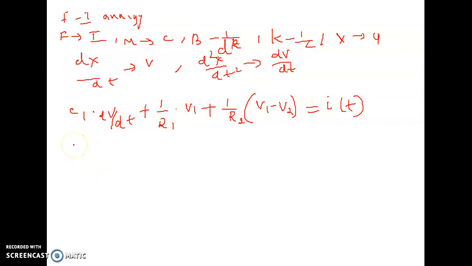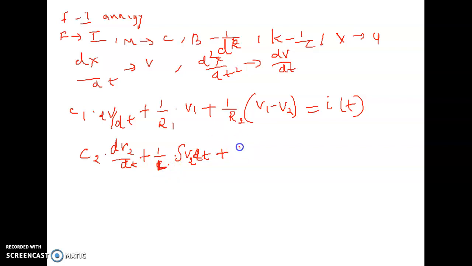Then let us write it for the second expression, that is m2 into d square x2 by dt square, that is m2. m2 is c2 into dv2 by dt, plus we have k into x2. k is here 1 by L. So 1 by L into x. x is nothing but, since dx by dt is analogous to v, x is the integral of v dt, that is v2 dt, plus